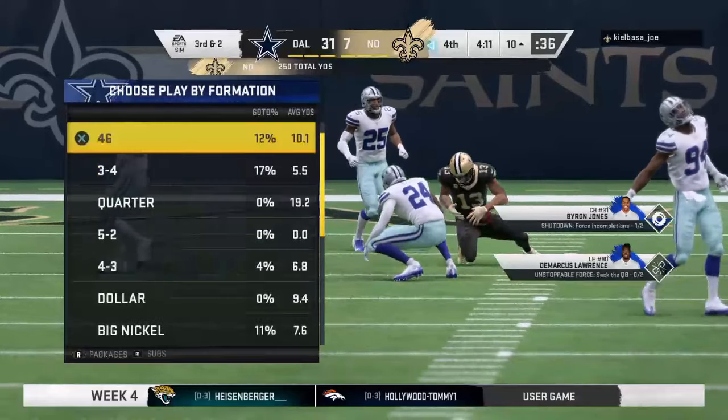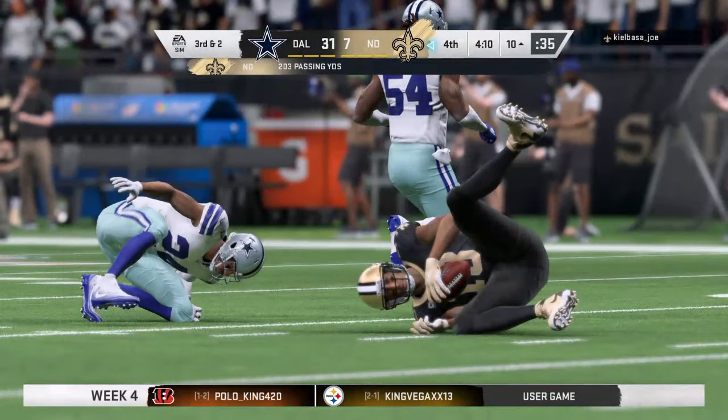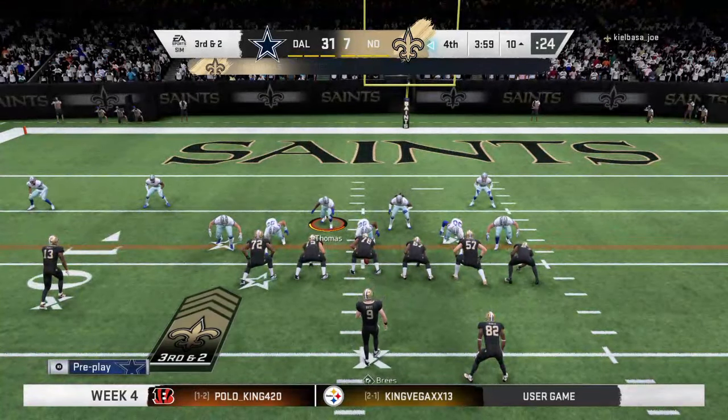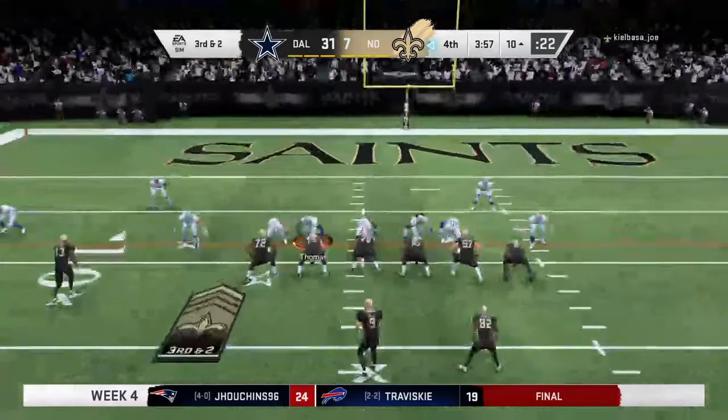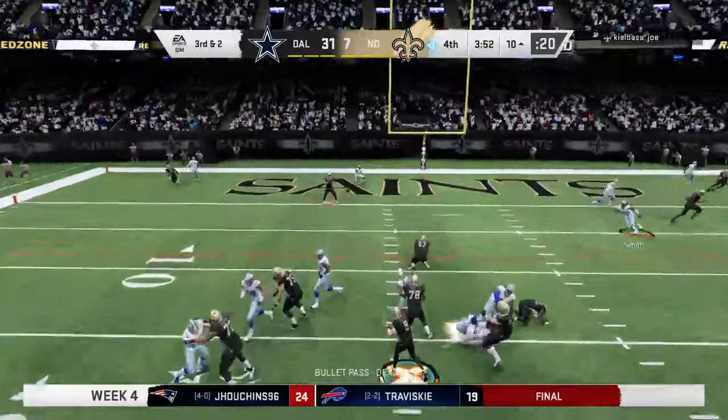I think a lot of people ask the same question all the time. Why do we see so many slants in the red zone? Well, the windows are tighter. Everything's more condensed. It has to be quicker, and you've got to deliver the ball on time. Your biggest worry, the ball gets tipped in the air. Because if that happens, then it's...